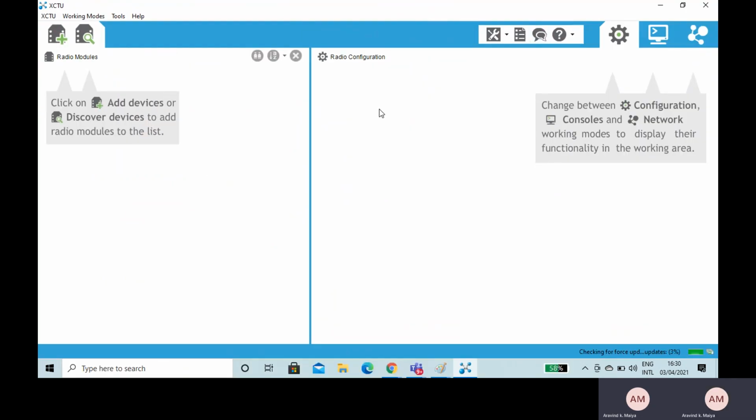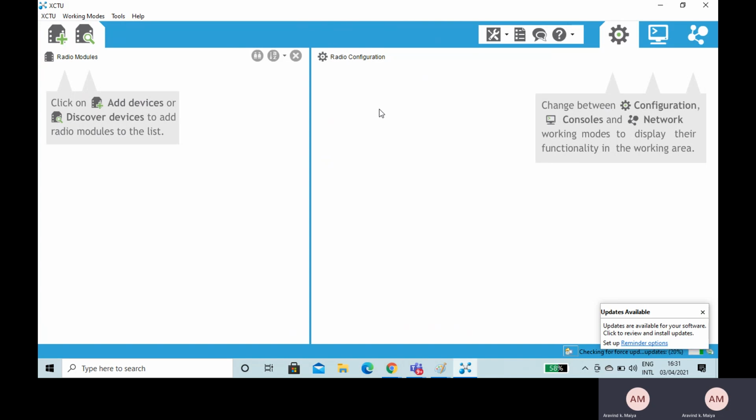Now, to let you know, I have already connected a transmitter module and I have already configured it as the transmitter, that is the coordinator. I also have another XB module which is configured as a receiver. So one is the transmitter and one is the receiver, which are already configured.